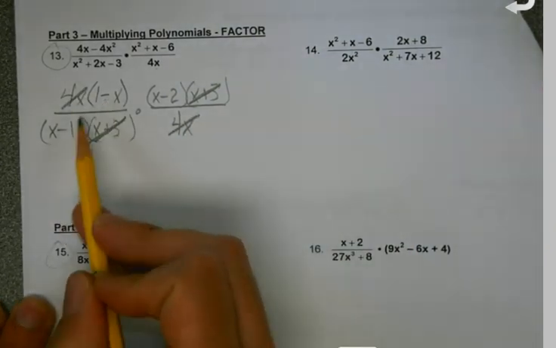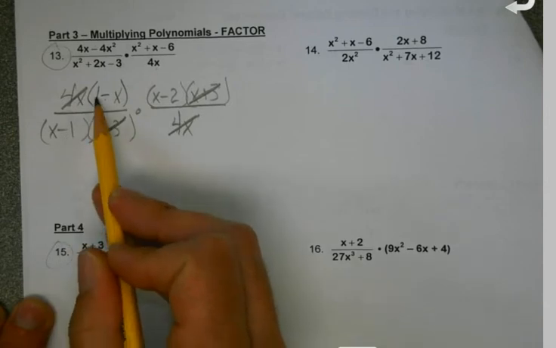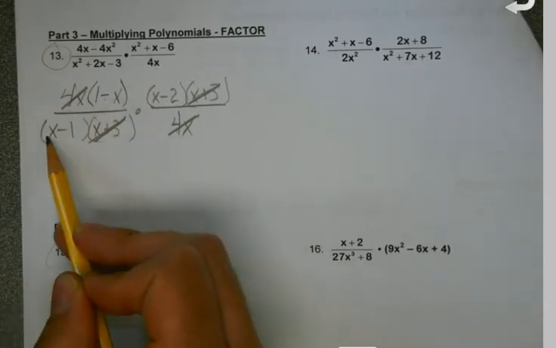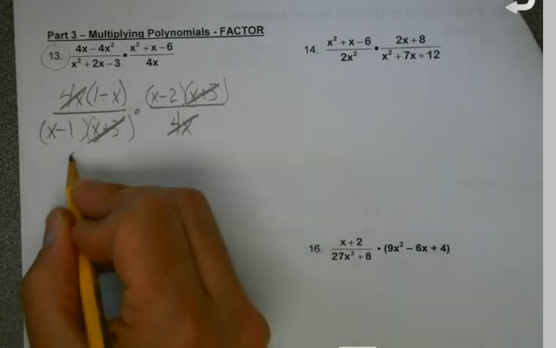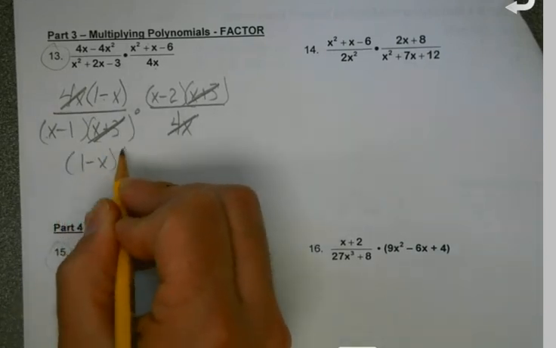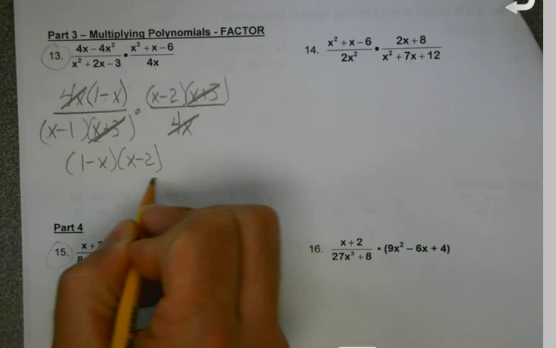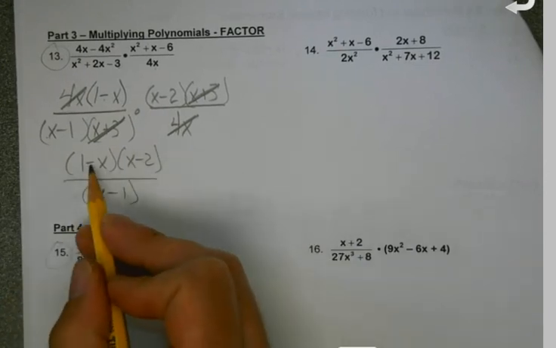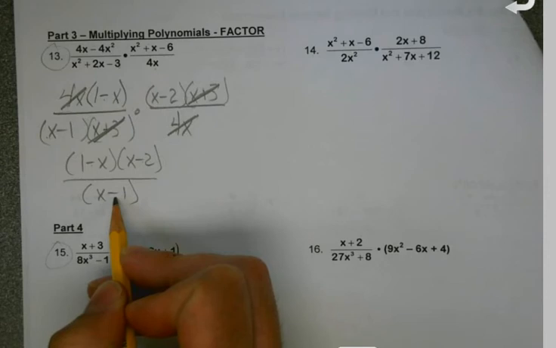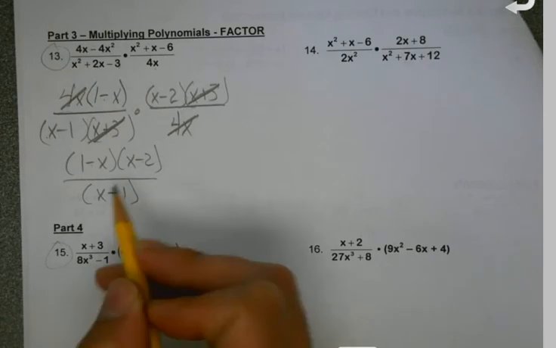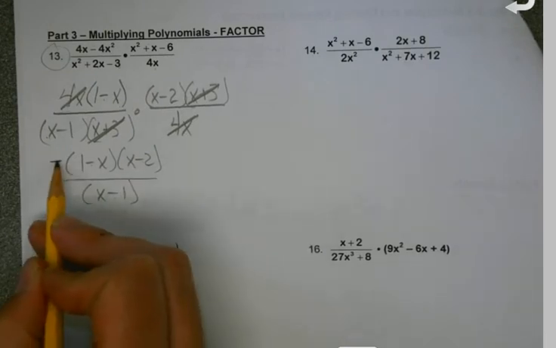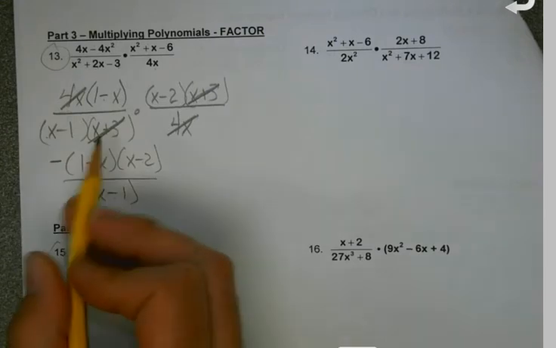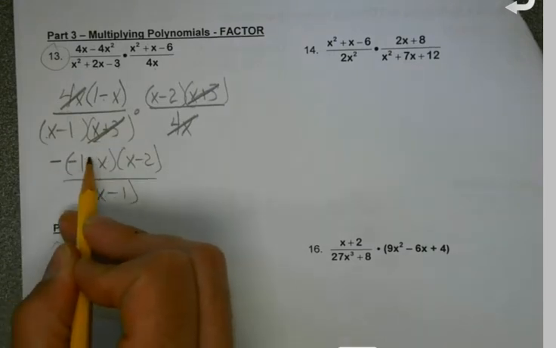Are these two the same? Well, the one's positive, the one's negative. The x is negative, the x is positive. So not quite, but I can fix that. So let's look at this for a minute. We'll rewrite what we have left. What can I do to switch signs on this and make it just like this? Here's an idea. If I multiply this top quantity by a negative, and I change the signs on both of